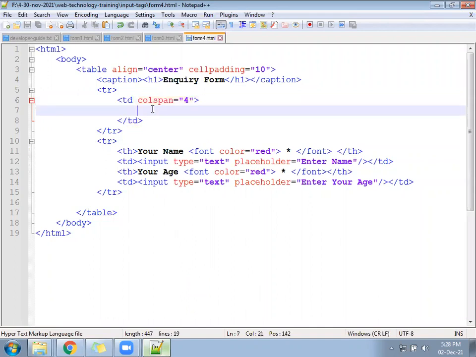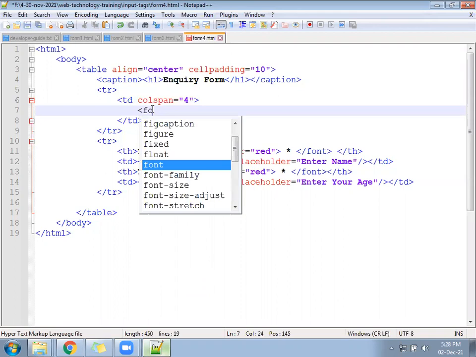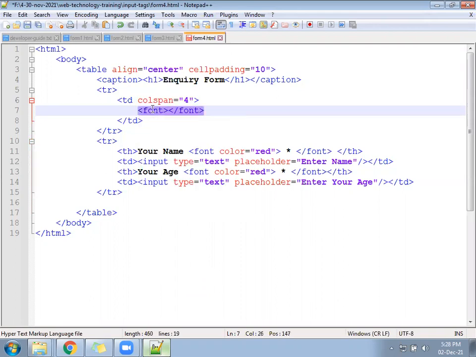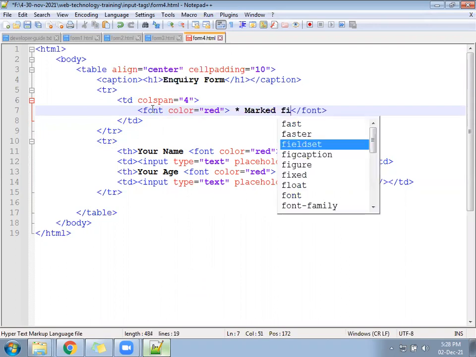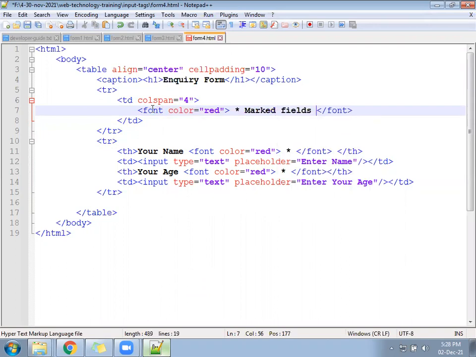After that, in the font, you will write here color equal to red, and you will write: star marked fields are required, in red color on the top.